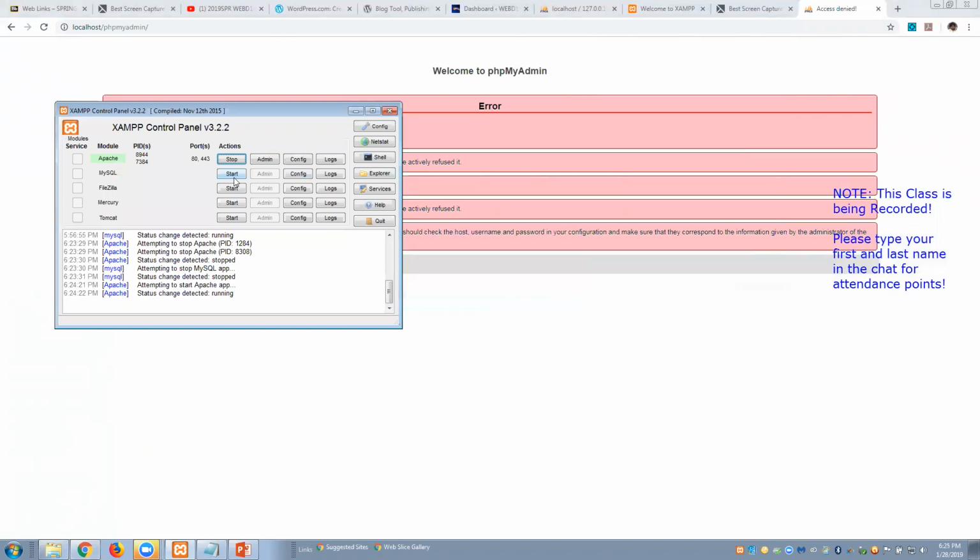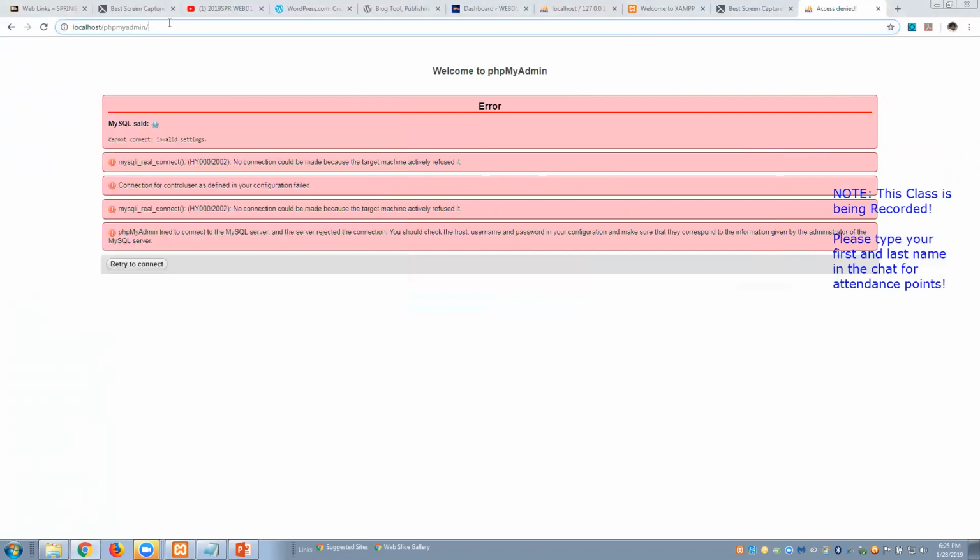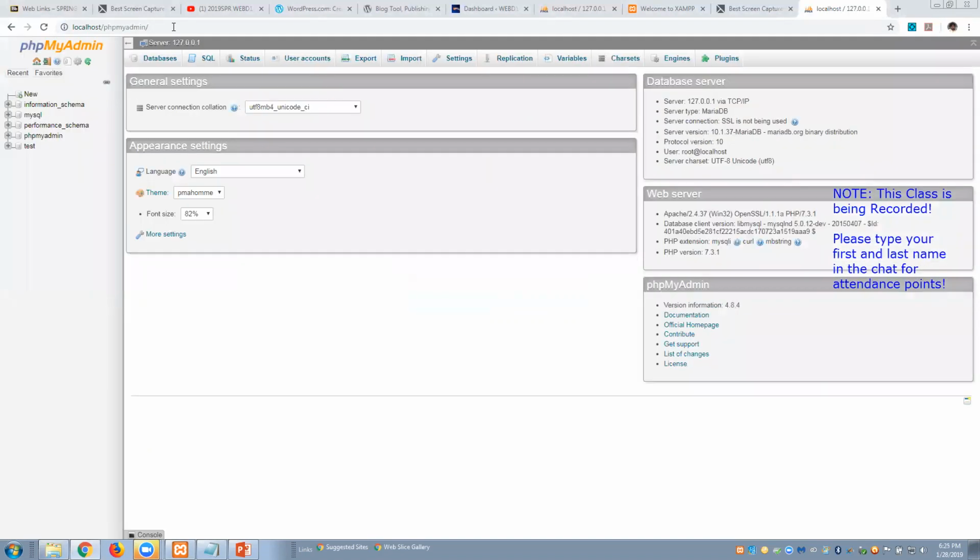So what I normally do is turn on both Apache and MySQL at the same time. By doing that, I can go to this site. Now when I hit enter, it actually can connect to the database and show me what's on the inside of the database. Again, if this is overwhelming, don't worry about it. I'm going to cover a lot more of this later. I just want to give you a brief introduction about how things work on the system.